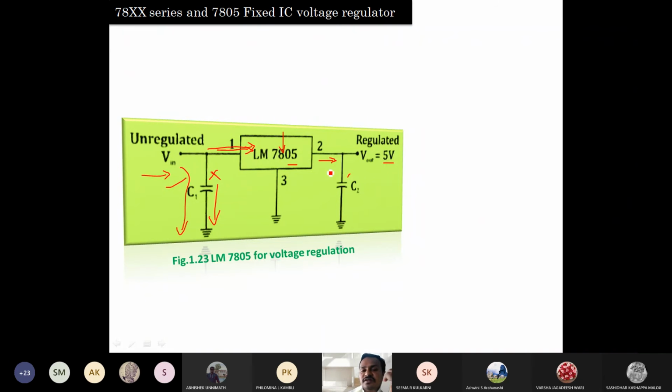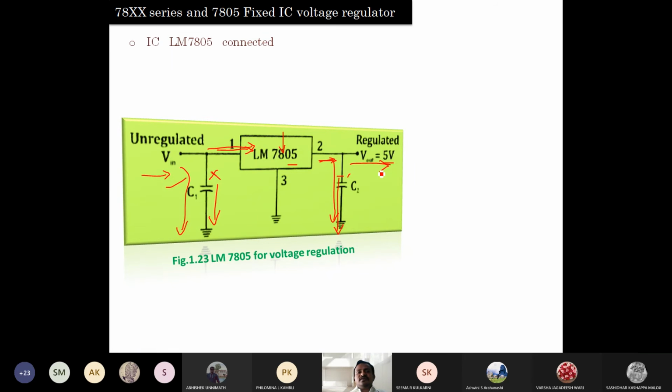So how do we remove it? Once again, use another capacitor at the output side. What is going to happen? This AC and DC signal, what you are going to call a ripple, is once again applied to this capacitor C2. So this capacitor C2 grounds all the AC, that is, it takes away the AC. It blocks only the DC. If it blocks the DC, that DC is available at the output side. So what are we going to get at the output side? Pure DC. Okay, this is the concept of how we use these capacitors at the input side and output side.